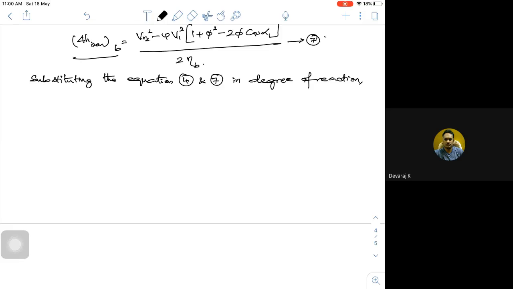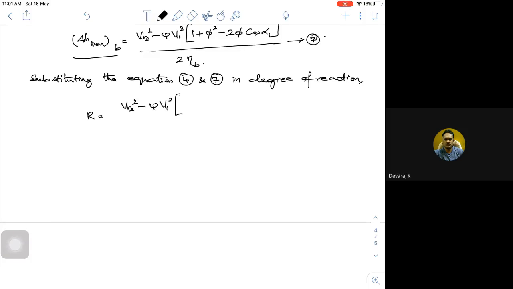R is equal to, first for the rotor, VR2 square minus psi into V1 square into 1 plus phi square minus 2 into phi into cos alpha 1, whole thing